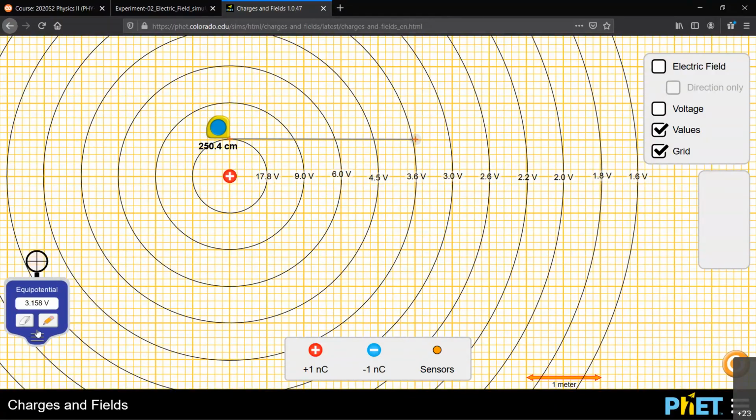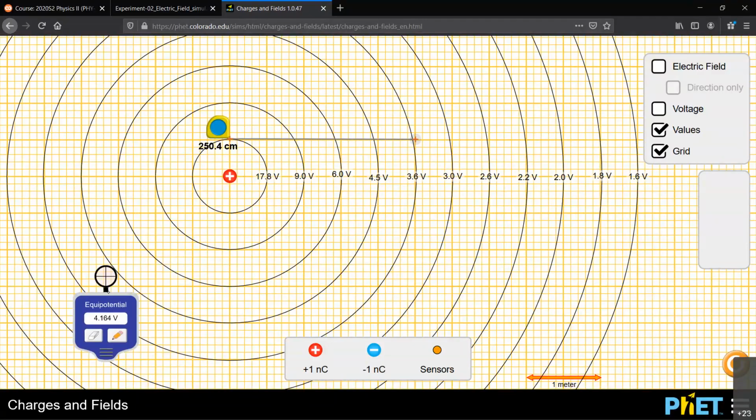Now this is called the equipotential map, right? You have a charged particle, and around the charged particle, you have the equipotential map. Now this is the one we would actually be making if it is an in-class experiment. You're going to use a multimeter and then measure the voltage, and that's where it's going to take time, right? To make each of these black lines, you need more data points.